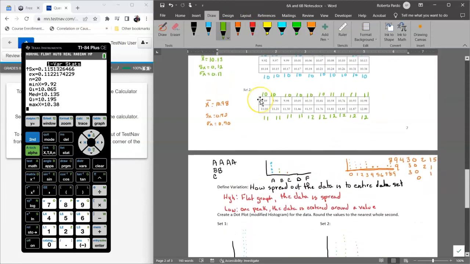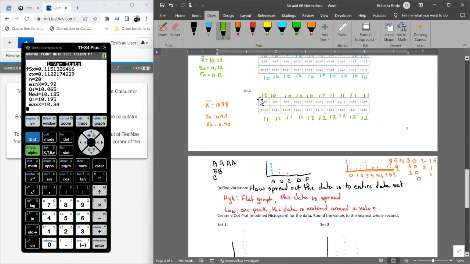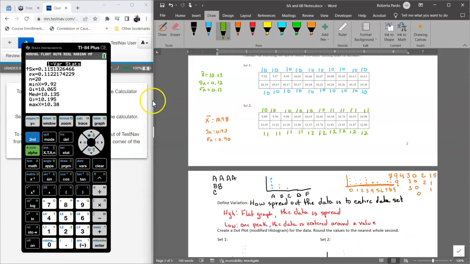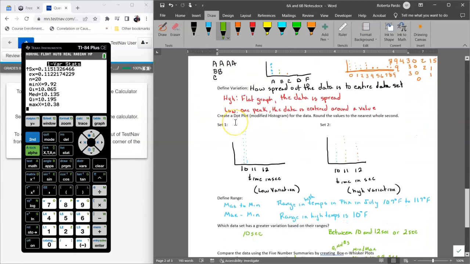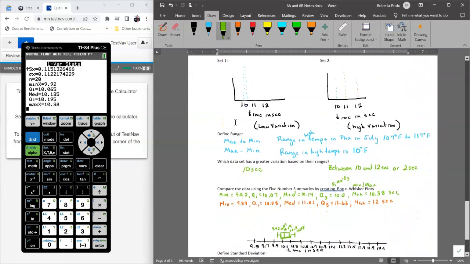Our mean is 10.13. So this is a very symmetrical graph that might be just slightly skewed, but not anything to be concerned about because the mean and the median are about equal. Now, when we look at the other graph,